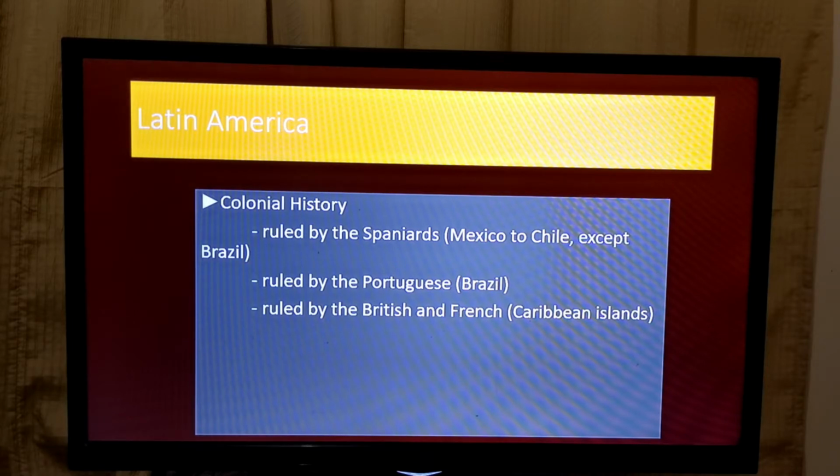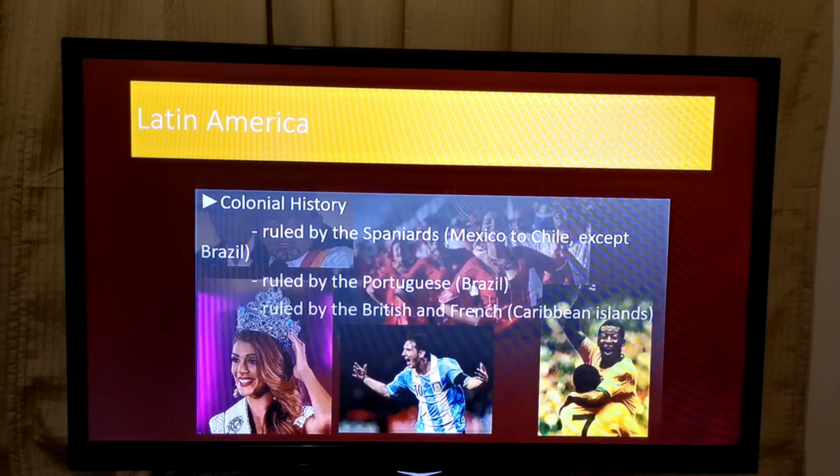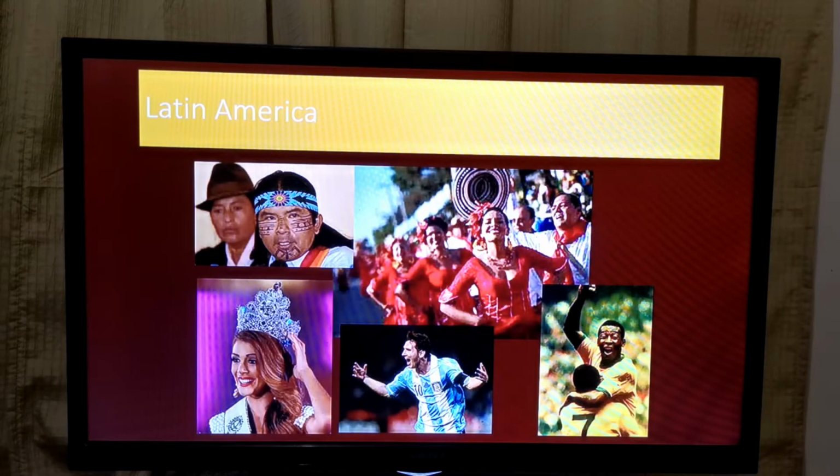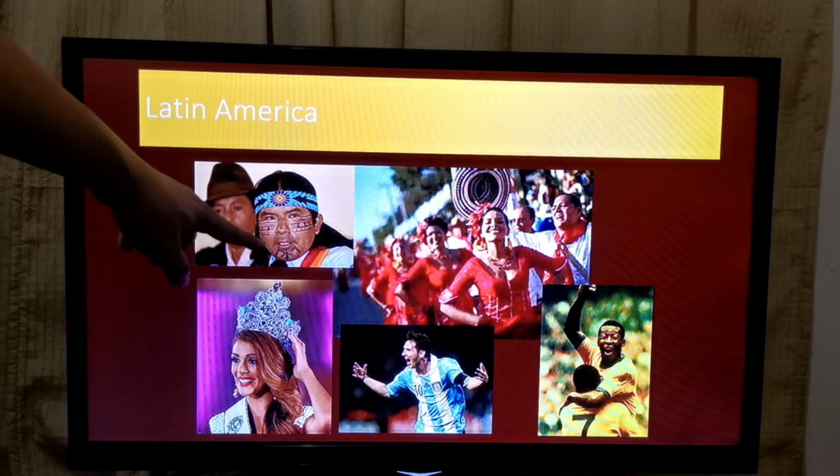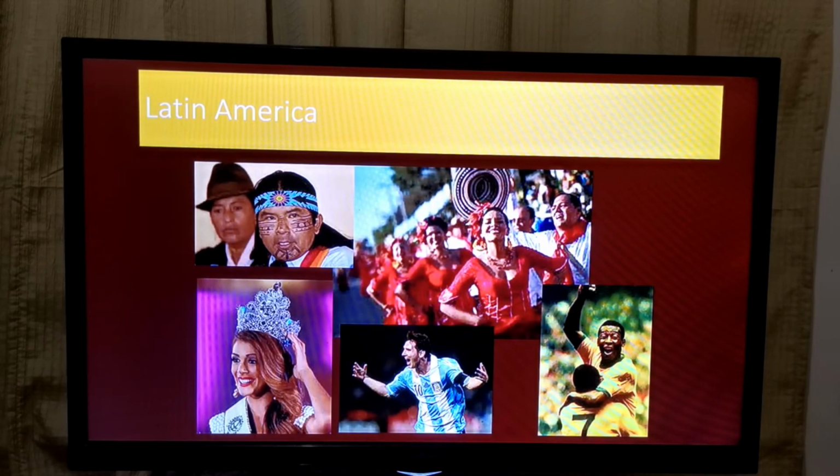All right? Now, who were the original people in Latin America? They were the Native Americans. Others call them American Indians. But the correct term would be Native Americans. This is how a Native American looked like. Okay, remember Pocahontas? Okay, and the ones in the movies with feathers on the head, battling it out with the cowboys. Those were the original people in America, North, Central, South America, until the Europeans came and